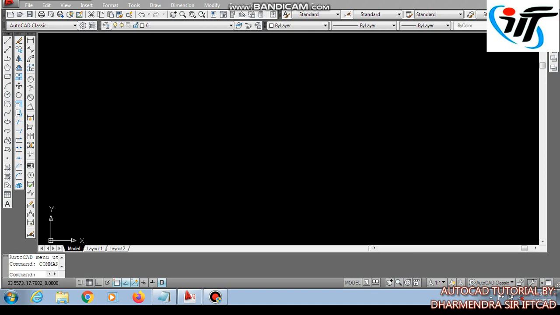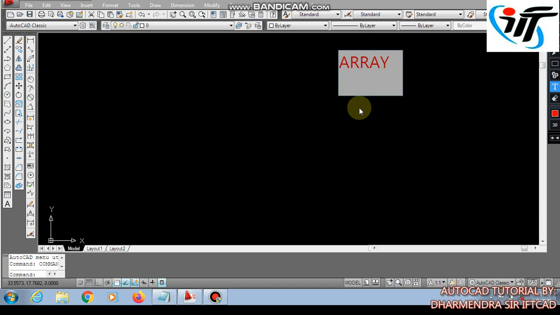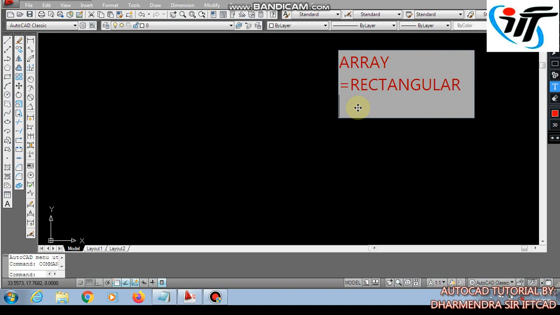Now proceeding with the command. Rectangular array, polar array.